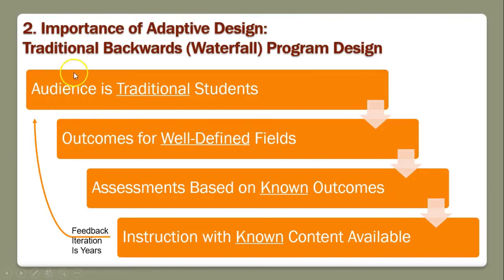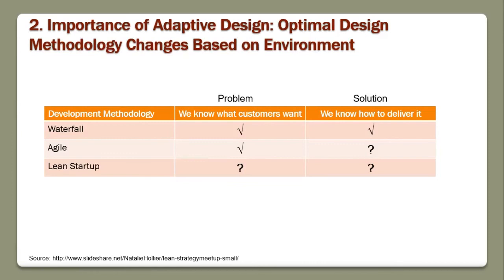This is an example of how waterfall design works. And waterfall design basically is you're going to do a project, and you'll spend maybe the first year planning. I'm using this example at City Vision. So in the way traditional schools work, they say, we're going to serve traditional students, we're going to serve people in traditional fields, and then we're going to create courses. And this whole process will take 5 years to develop a new course. But there's other ways in project management. And what I'm trying to do is translate the concept of project management and what are the elements of project management that are important to understand cross-culturally.